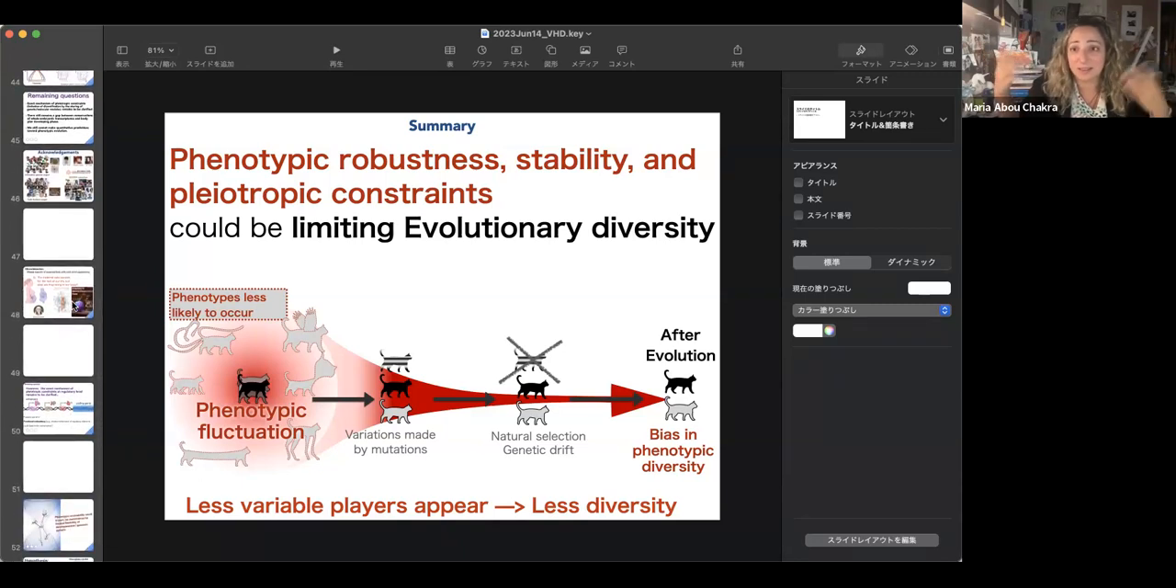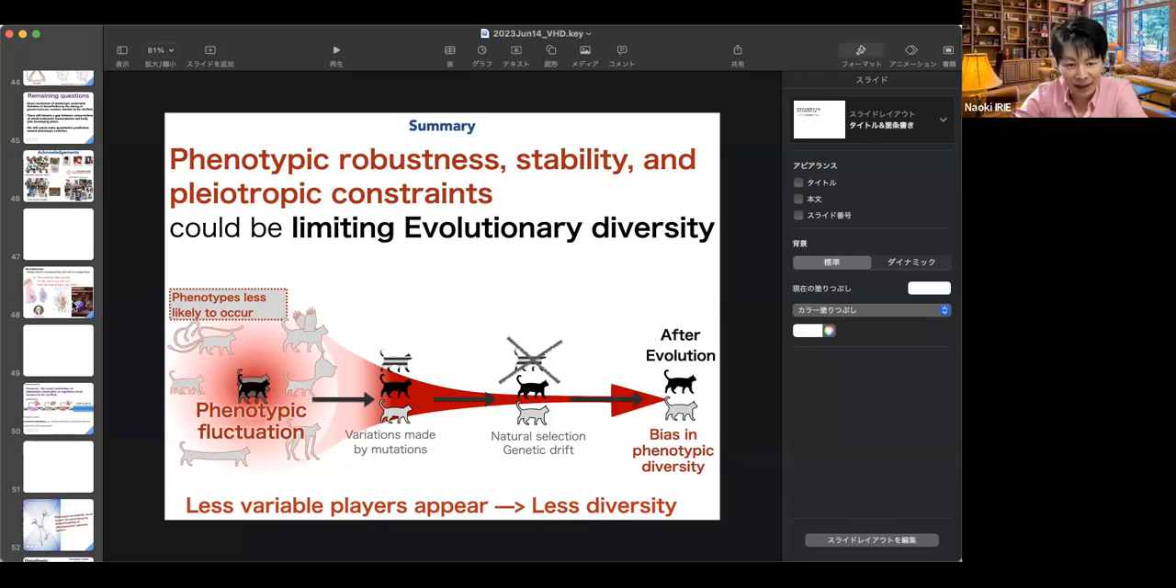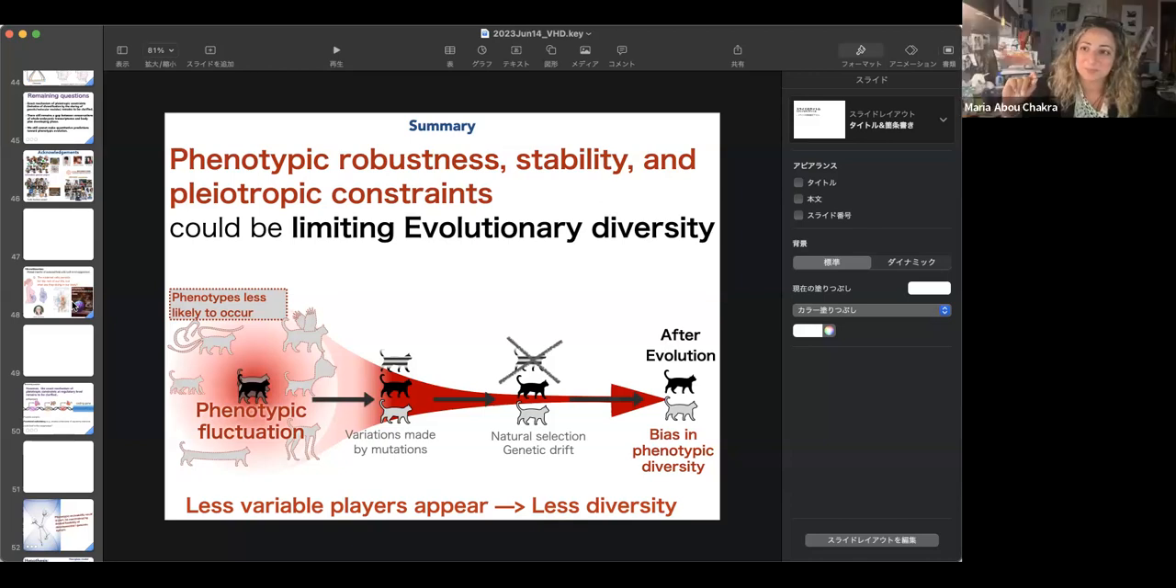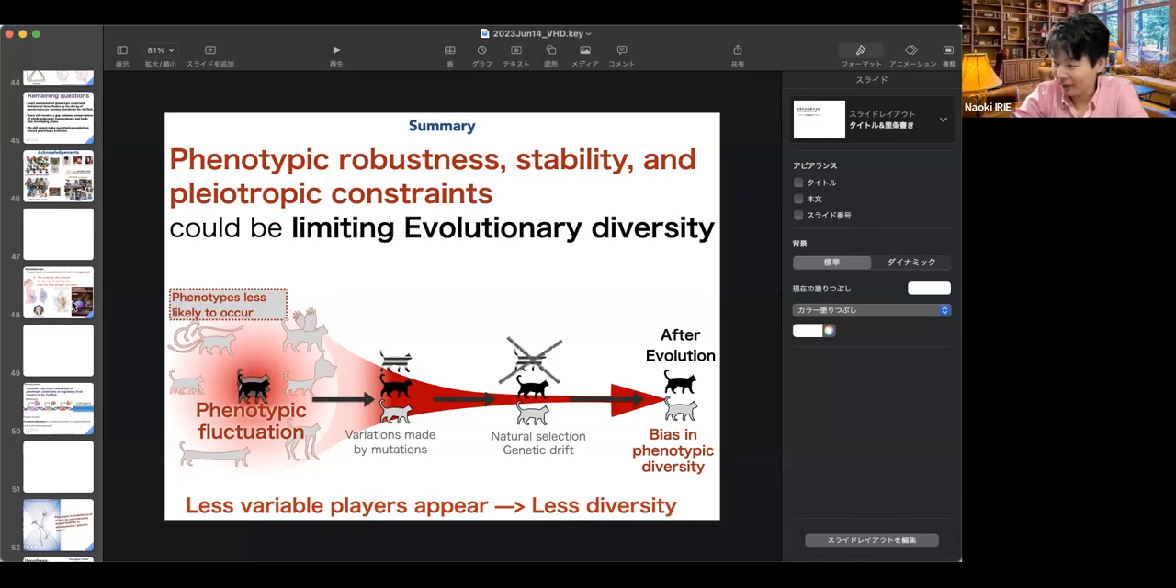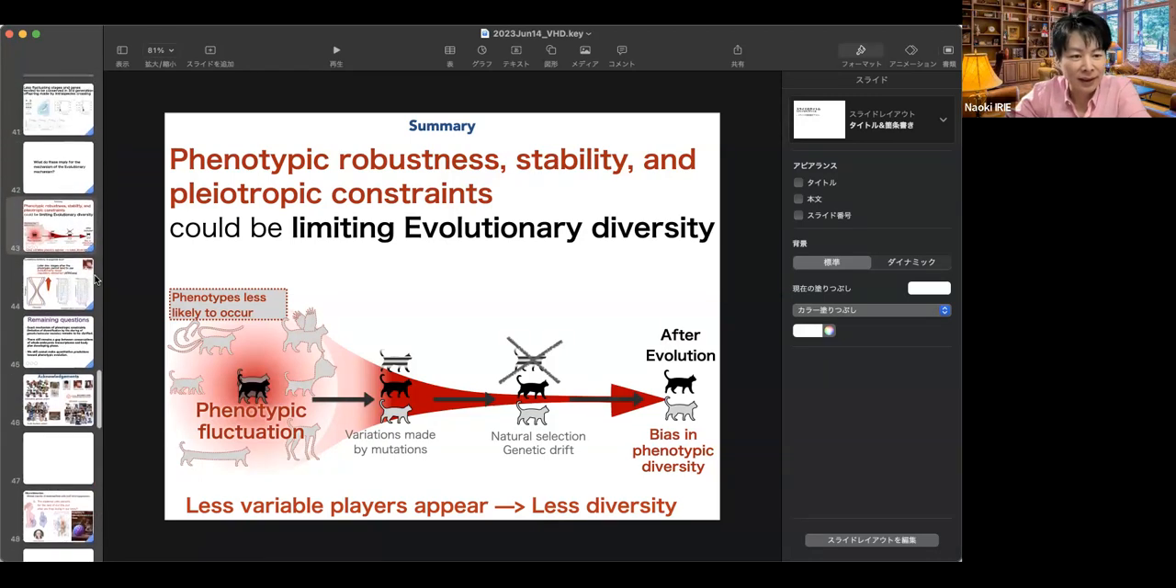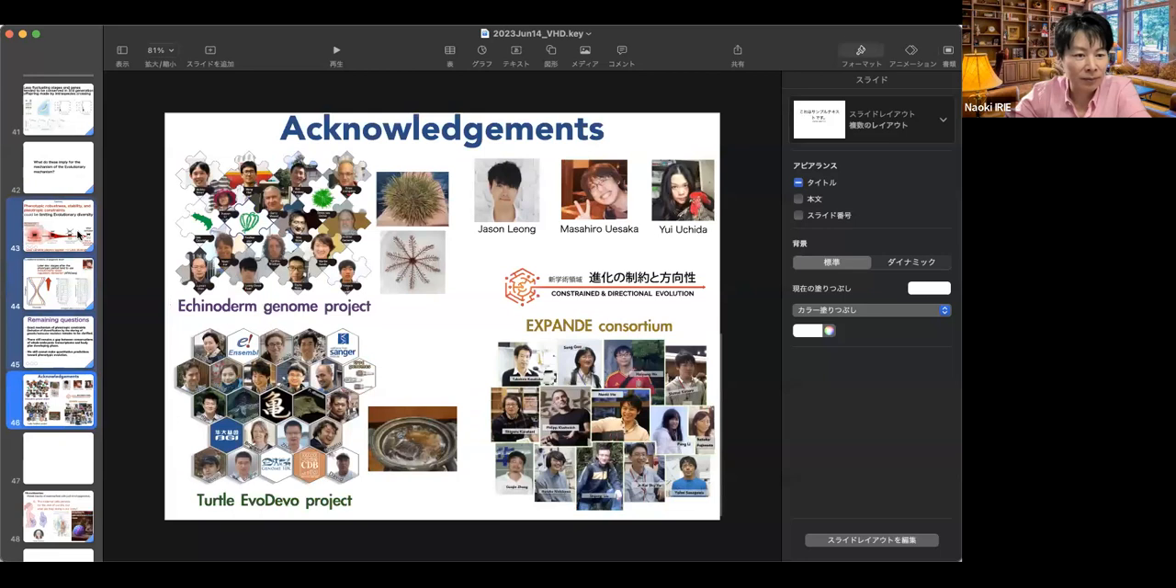And maybe you can let us know what you would like to see in a model. How would we push this system, and what would be a virtual human model in the future? So I would love to see how stability and robustness would be implemented or can be detected from the model. And talk about pleiotropic constraints and those robustness